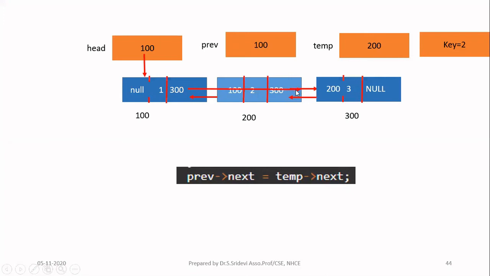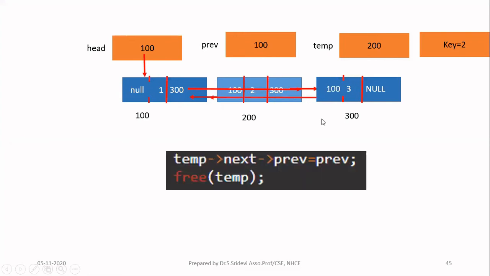Next, what is another link we have to do? Actually, 4 pointers you have to change, but we will never change 4 pointers because we are going to delete it. Okay, so we have changed this pointer, which we need definitely. Next, you have to change this pointer. Here, instead of 200, you have to store 100 because this node is going to point to this 100 now. Okay, so this we are going to change. This place we are going to change.